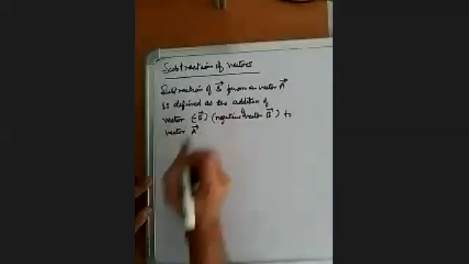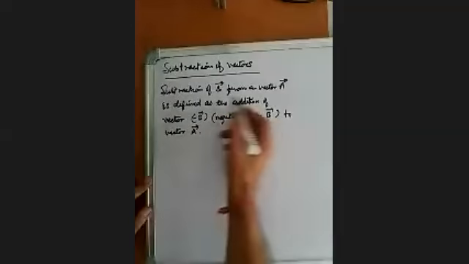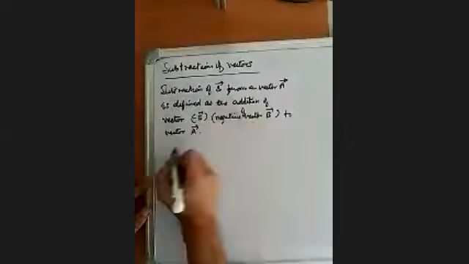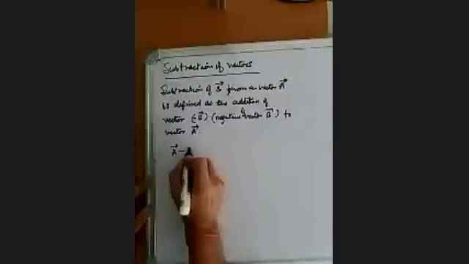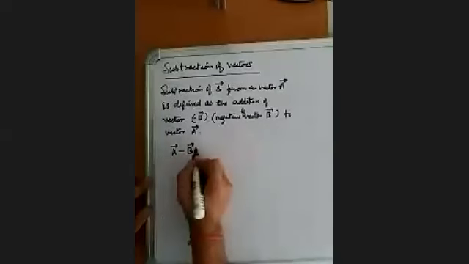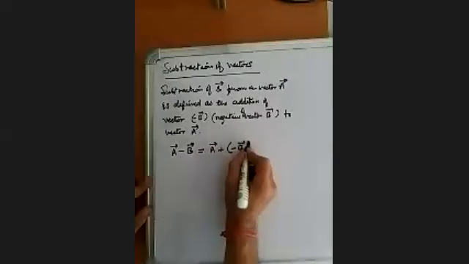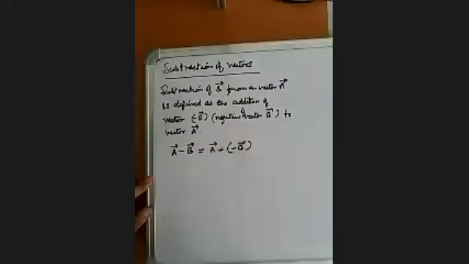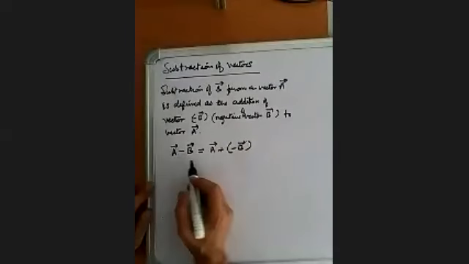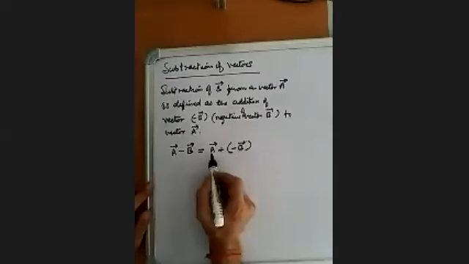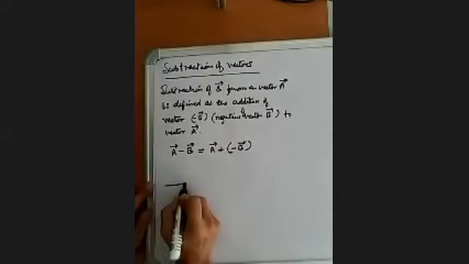तो A में से B वेक्टर घटाना हो, it is same thing as adding the negative of B vector to A vector. So A minus B we can write down. A vector minus B vector is equal to A vector plus minus B vector. तो हमें अगर सब्ट्रैक्शन करना हो, A वेक्टर लो, B वेक्टर लो, उसका नेगेटिव वेक्टर बना लो और उसको A वेक्टर में ऐड कर दो, तो आपको क्या मिल जाएगा? A माइनस B वेक्टर मिल जाएगा.